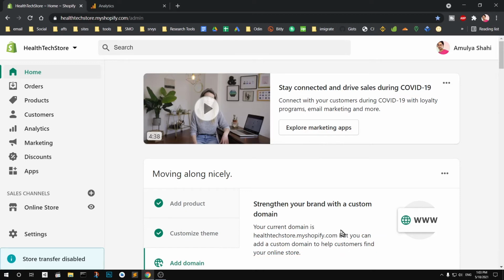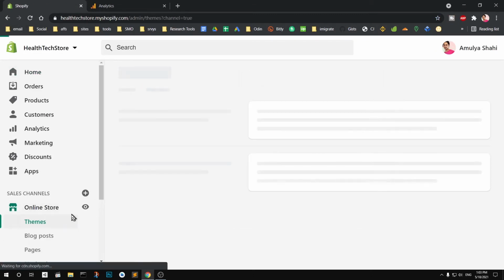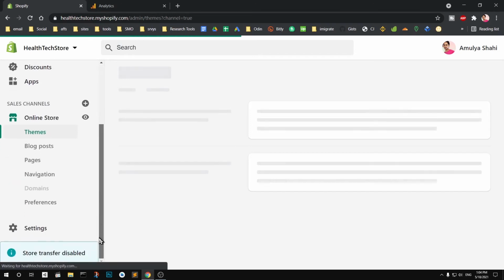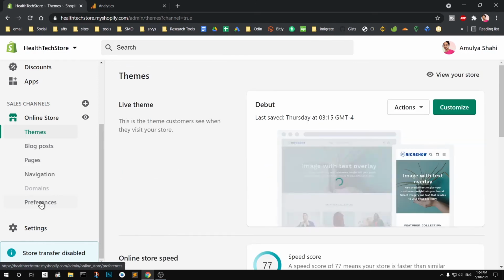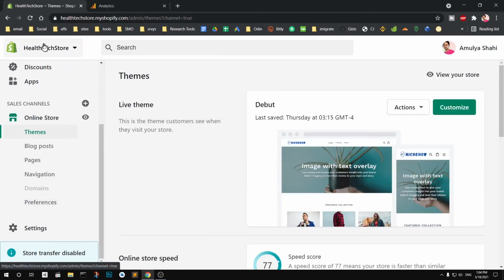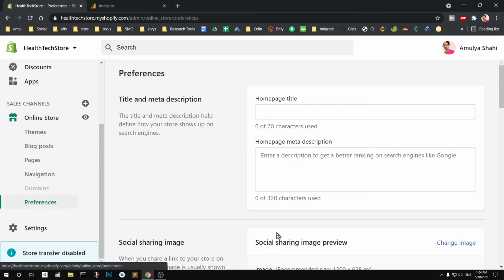So there are lots of apps that you can download and install to add and manage your tracking info, tracking codes and verification codes, but Shopify luckily gives us a lot of options here. We'll go to online store here and go to preferences. Okay, so it's very simple. Log into your Shopify store admin area, click on online store and then go to preferences, and here